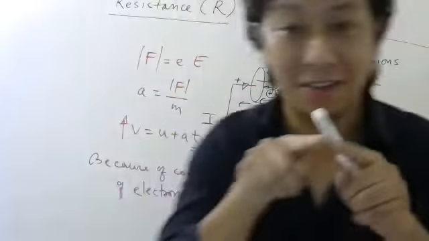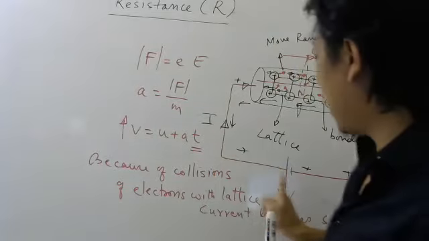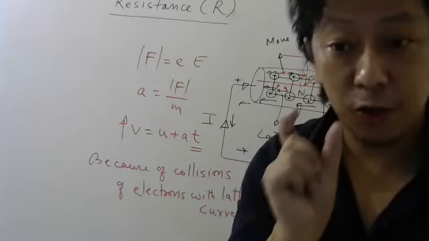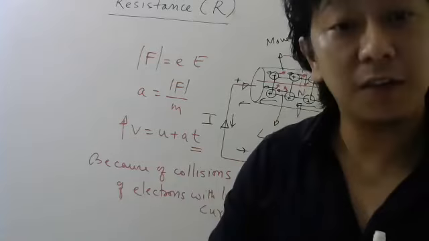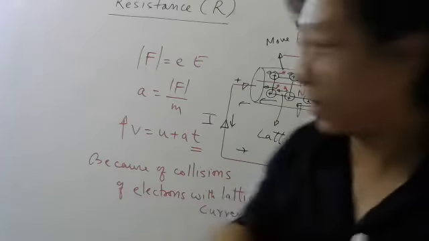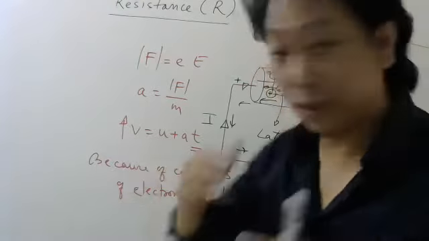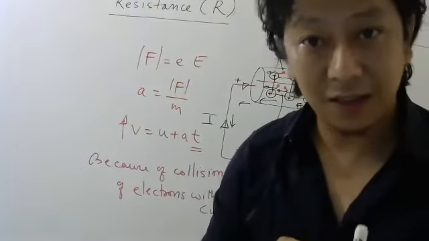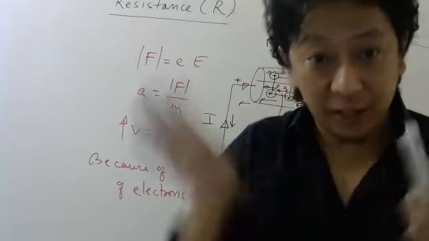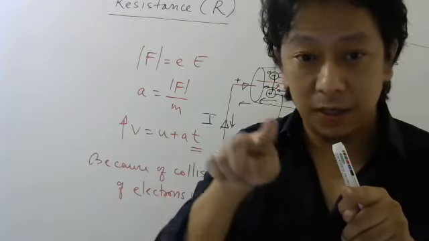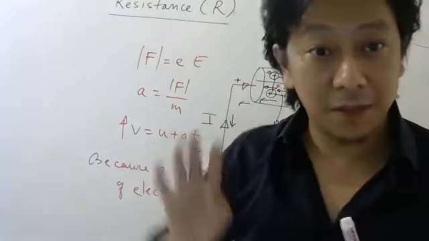So it is something like this. The electrons feel a force because of the battery's electric field. Once you apply a battery, there will be an electric field. Potential difference will be there. Potential difference means electric field. Electric field means force. Force means acceleration. Acceleration means velocity should increase. Understood? So the electron's velocity will keep increasing. If nothing else was there, velocity will keep increasing. Infinity it will become. So current will become infinity.